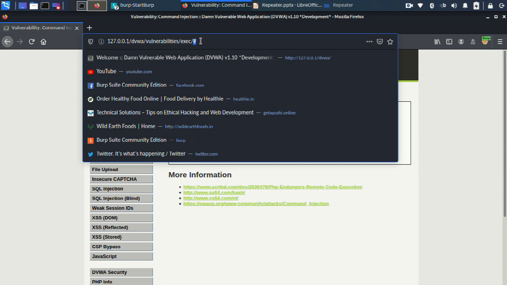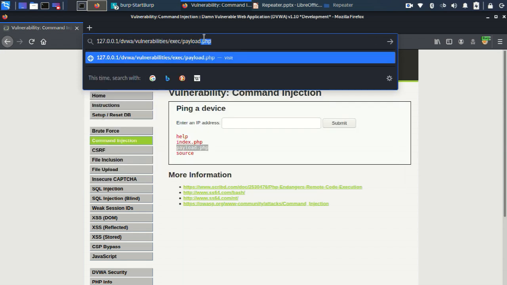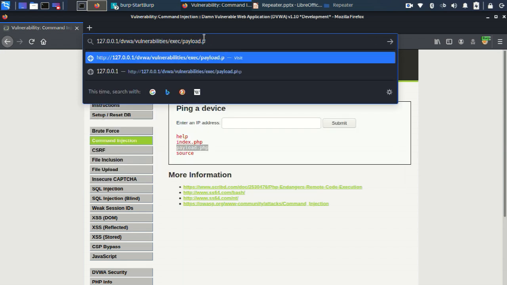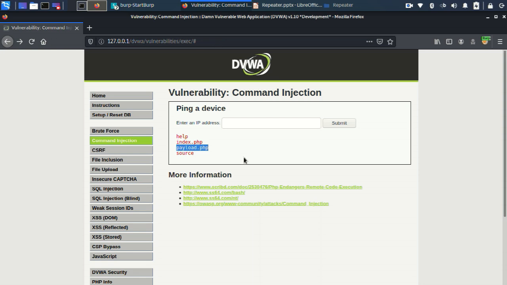Let's go back. I think we have seen some of the vulnerabilities of this DVWA. The rest of the vulnerabilities you can go and check one by one, and you can also go to Google to get more information about each and every vulnerability, so that you can exploit it properly. Next, we'll go to one more lab, which is